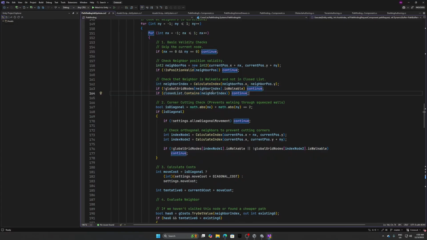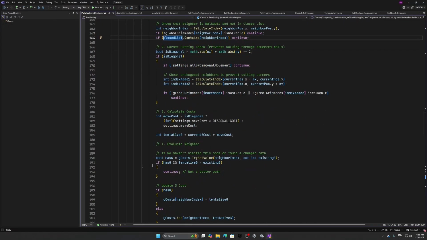Basically, we make sure that the neighbor is walkable, like this specific index here, and then the closed list. We also check the closed list doesn't contain the neighbor, because if it does, then it's already explored. No need to add it to